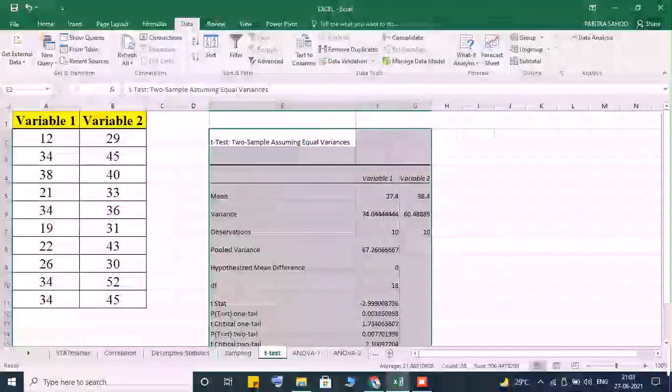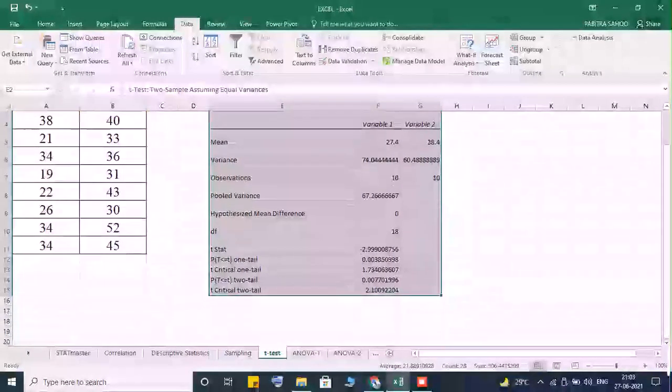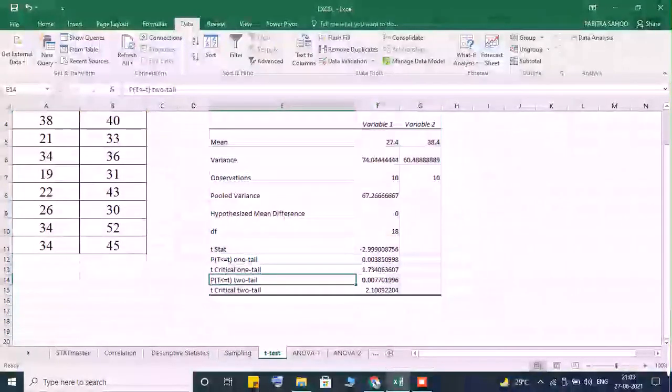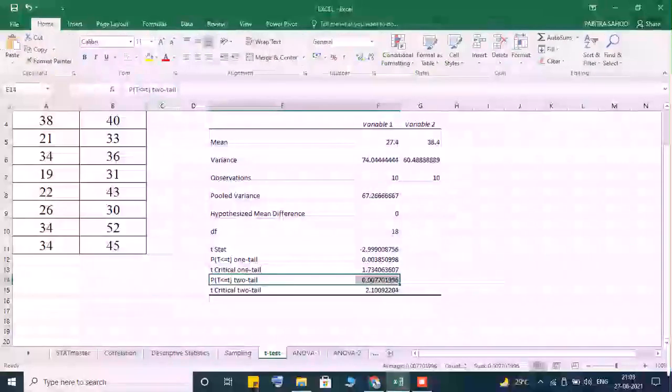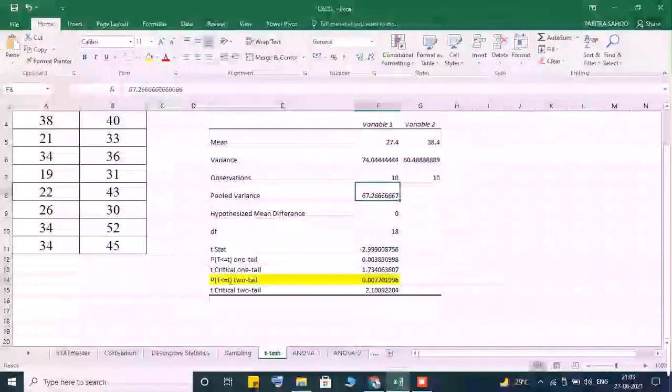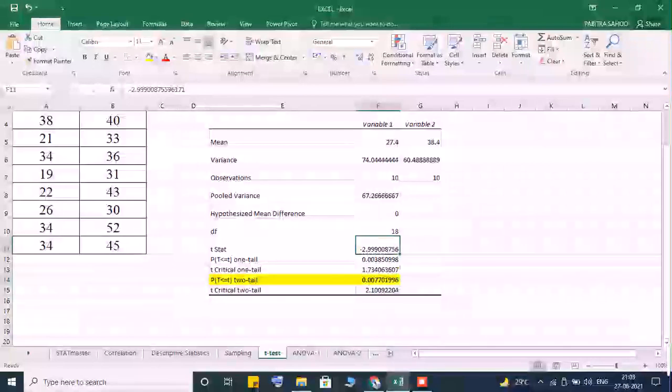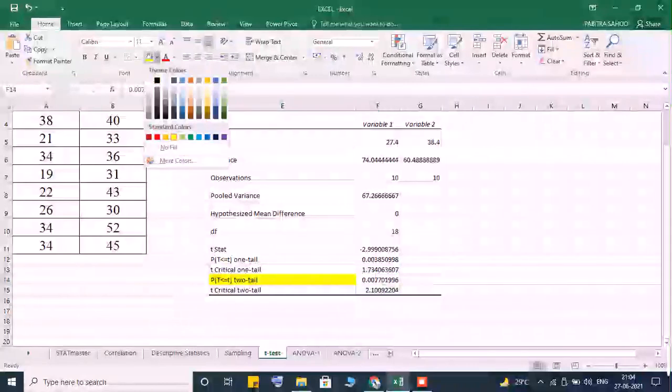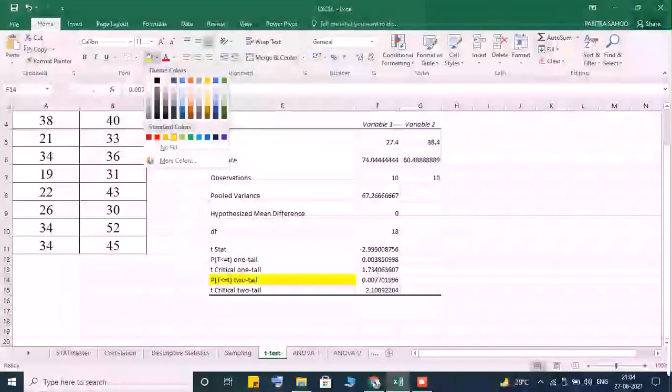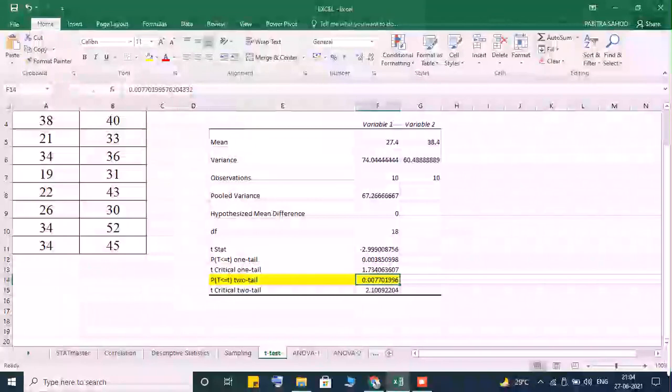Let's see what the result is. You can see we have to notice this p value. If you look at the t value, then again you have to look at the t table and identify from there. So better to look at the p value. I'm just going to highlight this. This is the value, 0.0077.